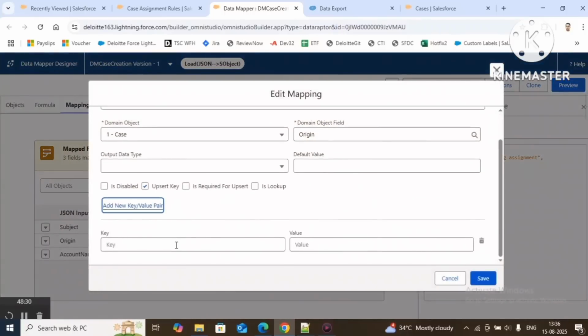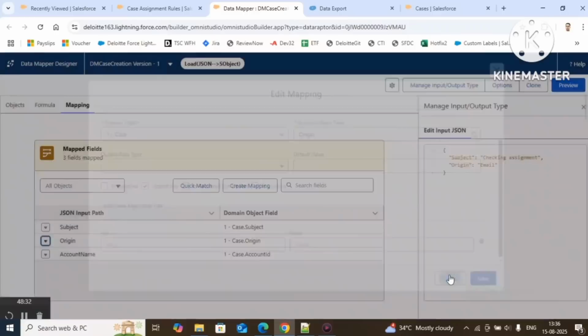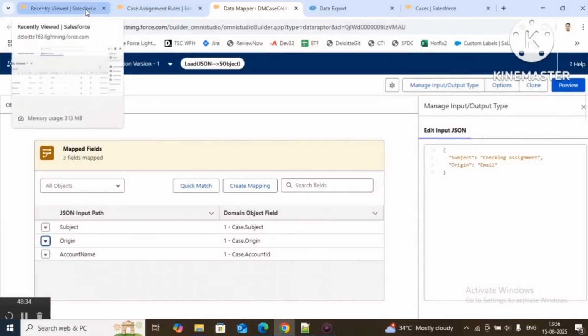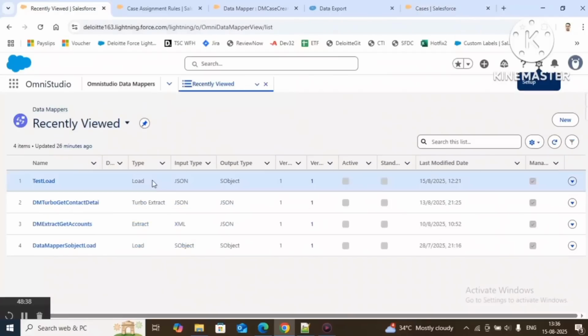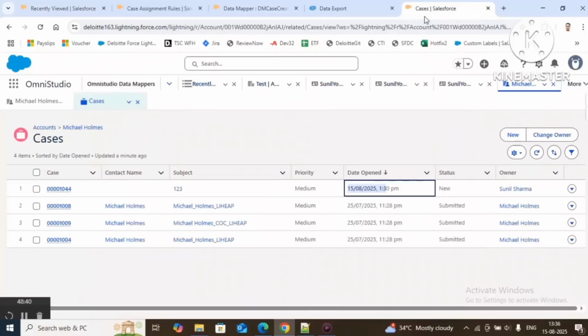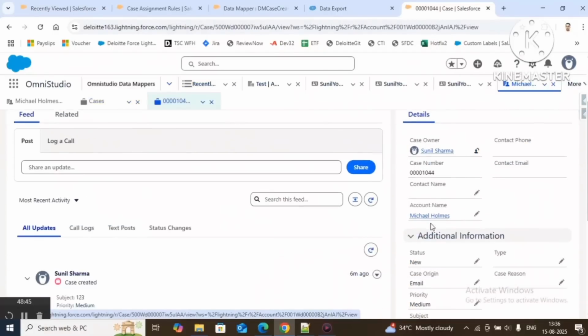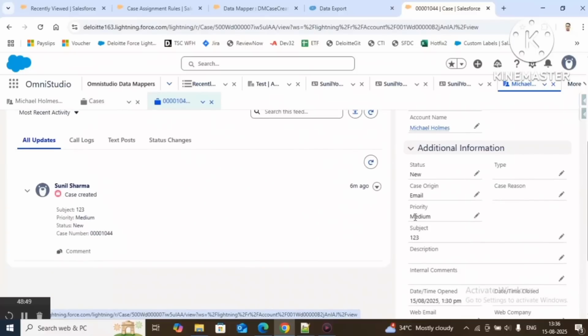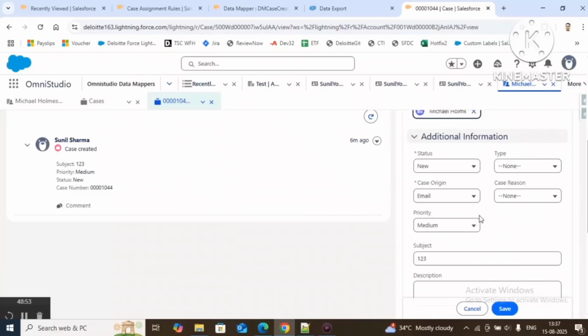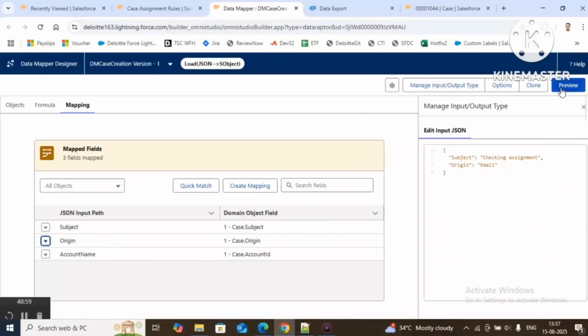For example, the case object: what all the fields do we have? Priority, medium. So for example, our scenario is that